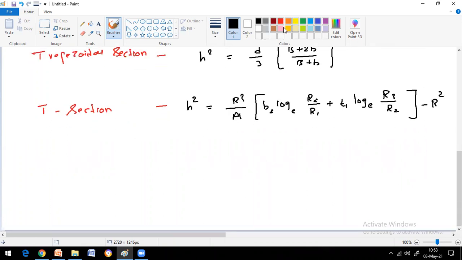Okay, and finally, sir, why are you writing so many formulas which are not preferable for the sections? See, in many industrial applications, if you see trusses, which I have shown you, sections like this. Let me show you here.